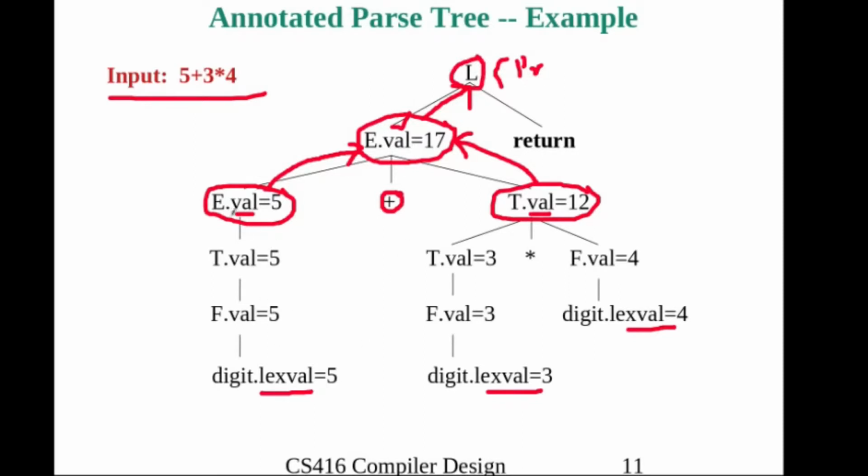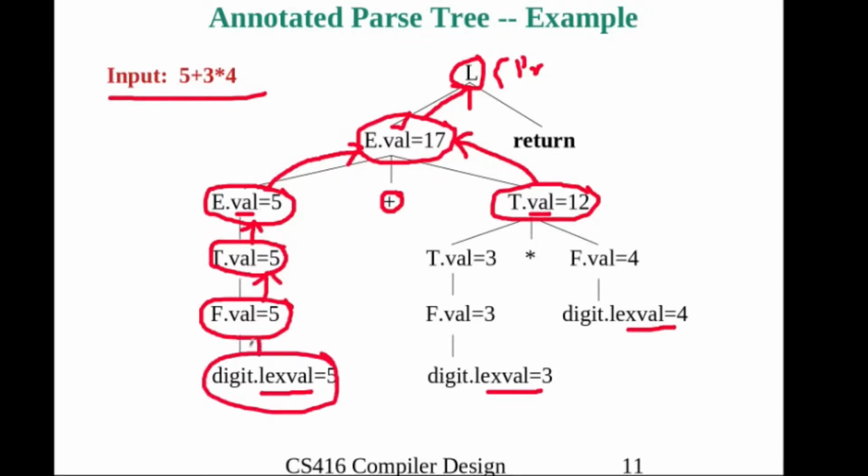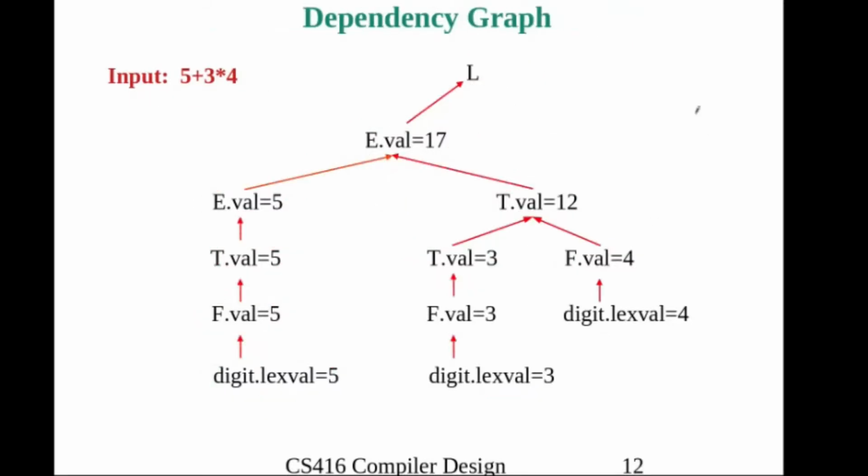And look at here, E dot val, this 5 is obtained from T dot val. That means this node is the child of E dot val, so its attribute is the relationship. Then here you can say that this relationship exists, and the external node is the relationship. Okay, here and here, these are the two nodes, and T dot val depends on T1 dot val and F dot val. So the graph is like this. Okay, finally you can see that this is the final graph.